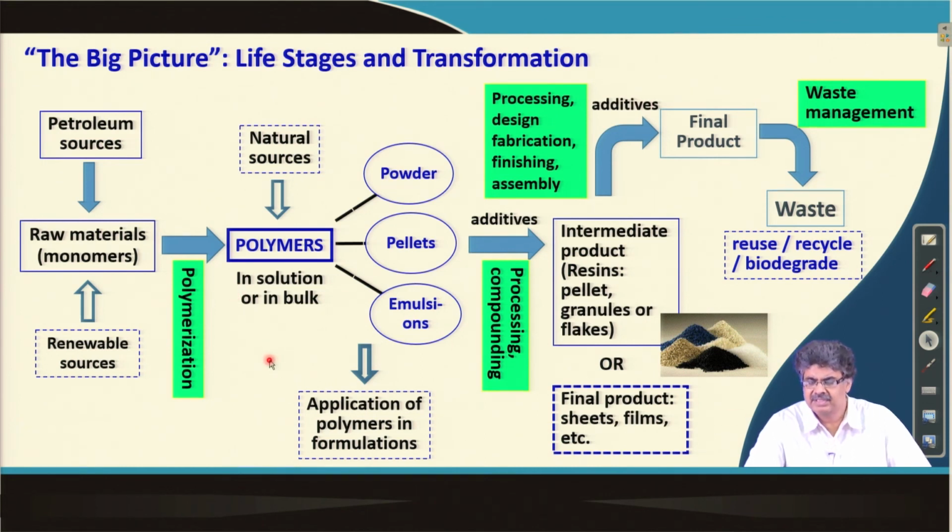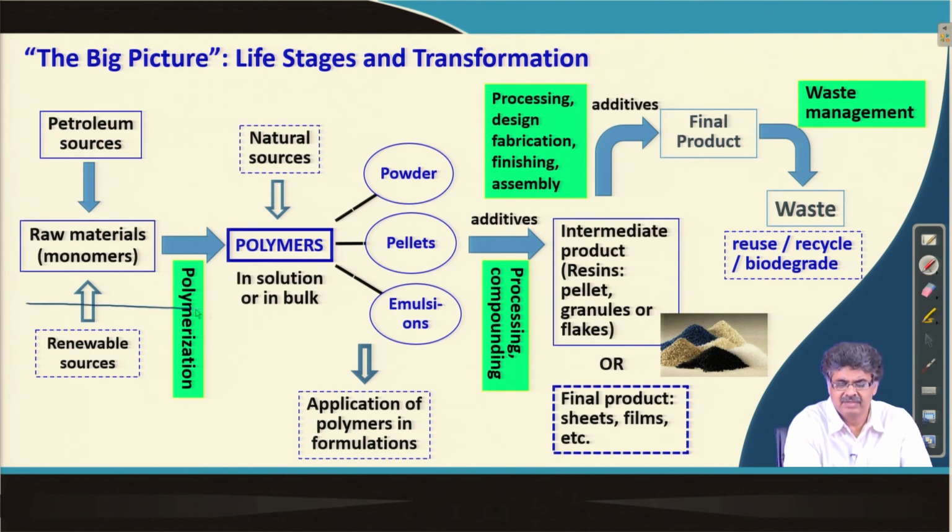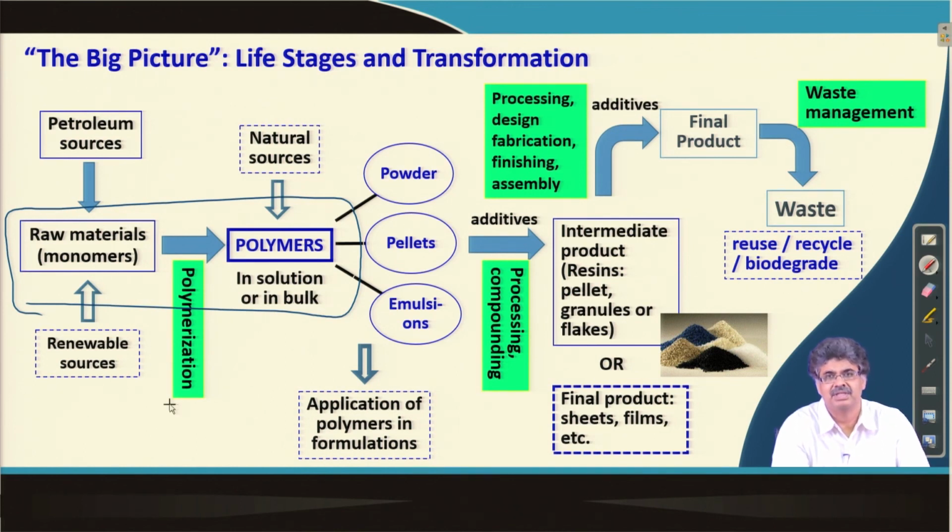So, we have now discussed this synthesis part, how to make polymers from monomers, quite detailed. I could not go into very much depth because of time crunch, but as an introductory level course, this should be sufficient for you to have knowledge of different polymerization mechanisms and the principles behind those mechanisms, and what the typical commercial polymers are that are synthesized using the types of polymerization I discussed in the last 20-22 lectures.